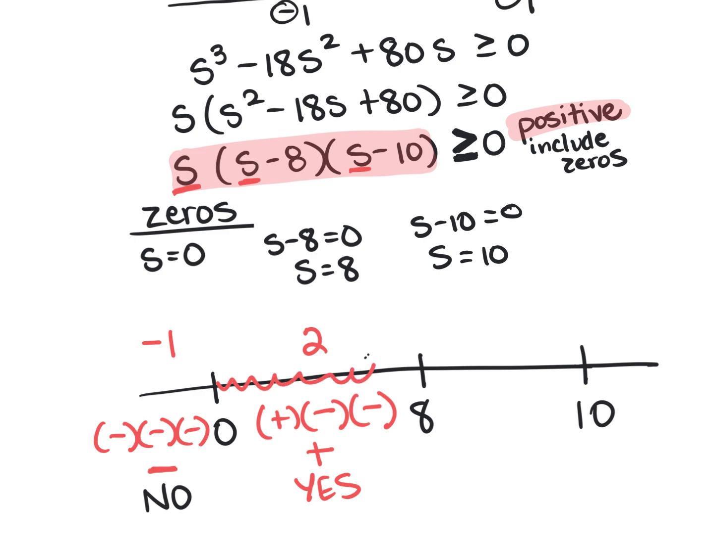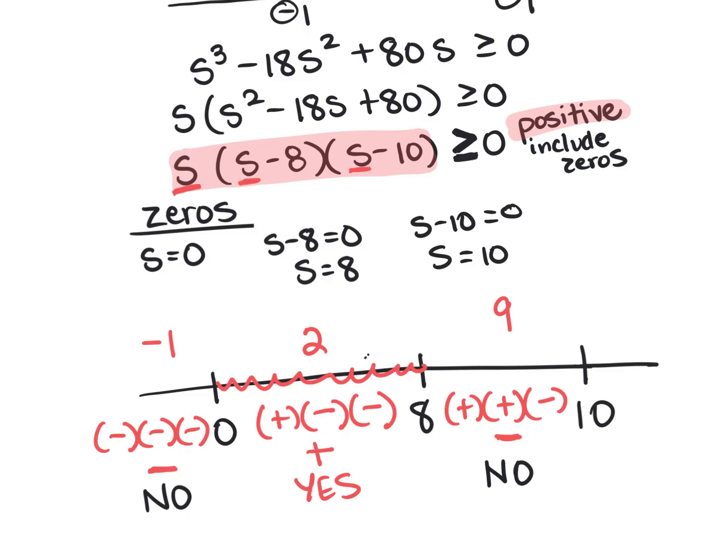So this little section is included. Then I'm going to choose a test value between 8 and 10. So I'm going to choose 9. I plug it into the first x, so that's a positive 9. 9 minus 8 is also positive, but 9 minus 10 is negative. So that section ends up being a result of a negative, which means they're below the x-axis, which is not